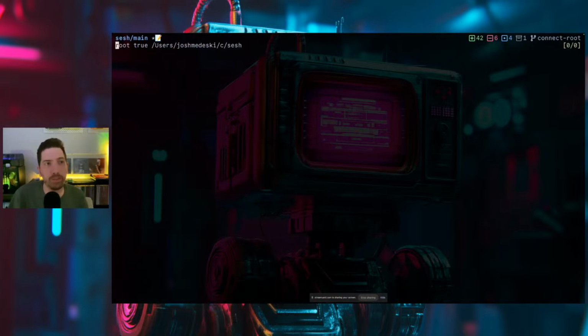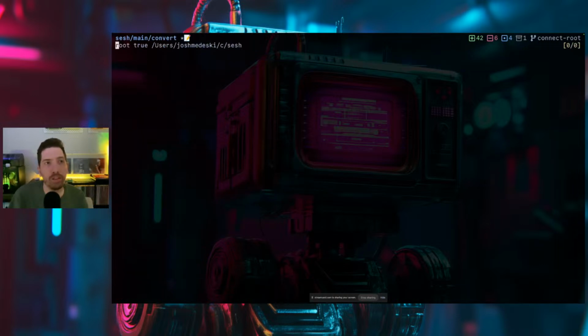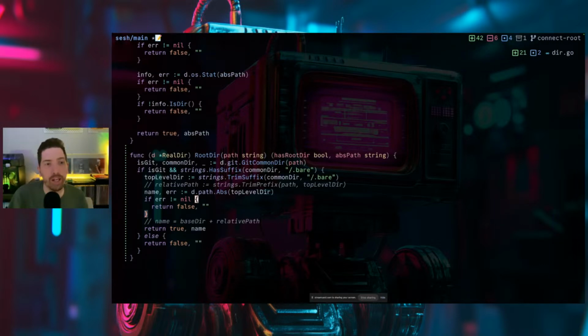Boom. That's actually a problem because I need main. Let's see what happens here. Yes, so I actually need to include the folder that I'm in. I don't want to go to Sesh. That's not the point of this feature. Root won't be Sesh. Root will be the root of the work tree. So this is the main work tree, right? So then that means